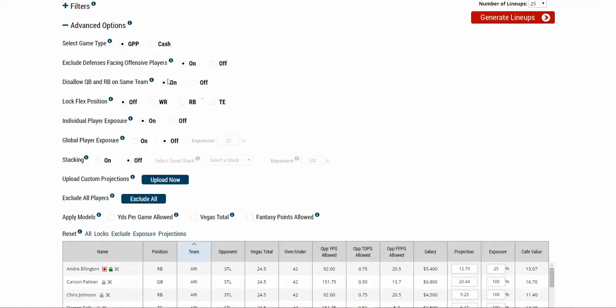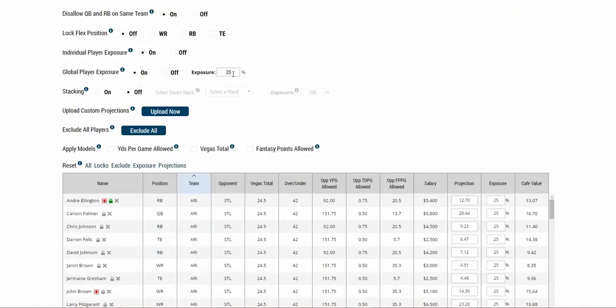And then below that, we have a global player exposure. So when you see options like diversity in optimizers, if you want to ensure that no player across the board is included in more than 50% of your lineups, you can turn on global player exposure, and it defaults to 25%. But if I up this to say 30%, and different players have different limits and risk levels they like to deal with,